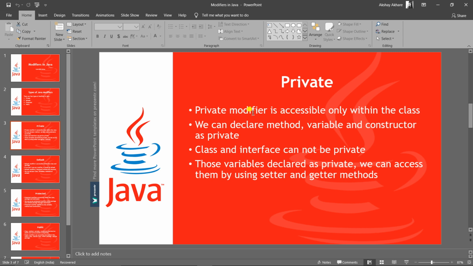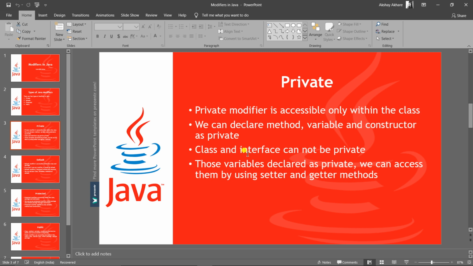Then only we can access these members outside the class, right? So we can declare methods, variables, and constructors as private.